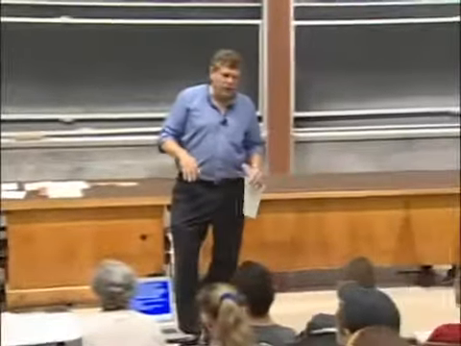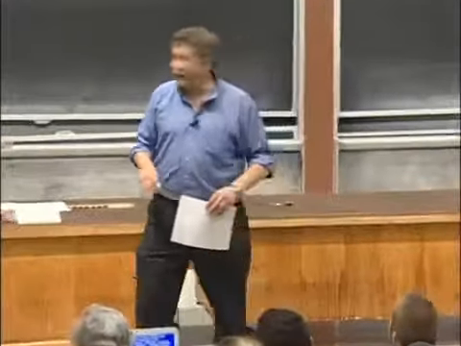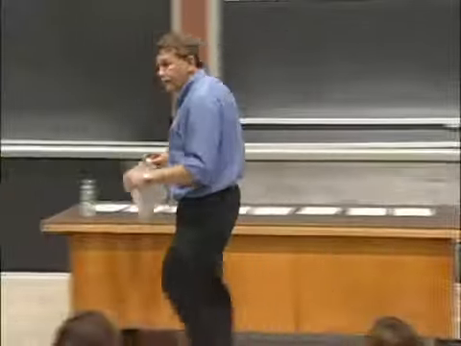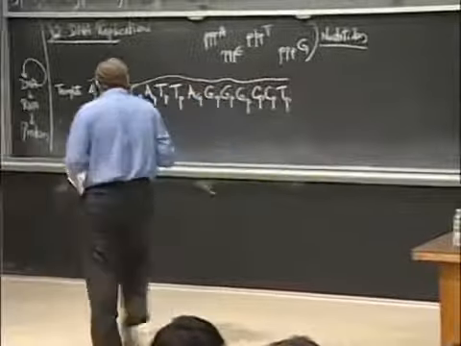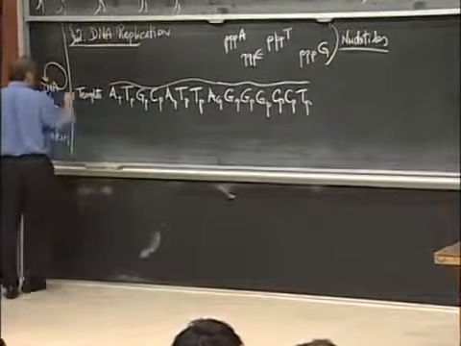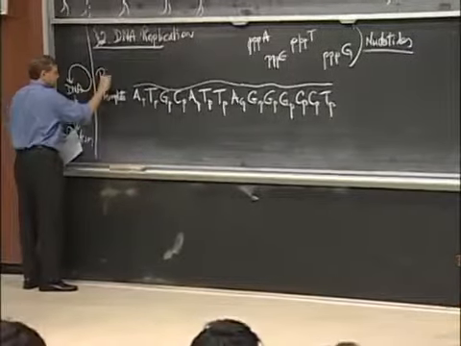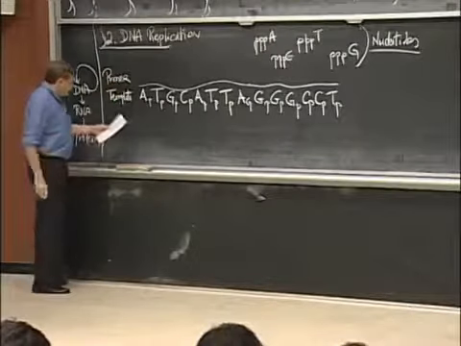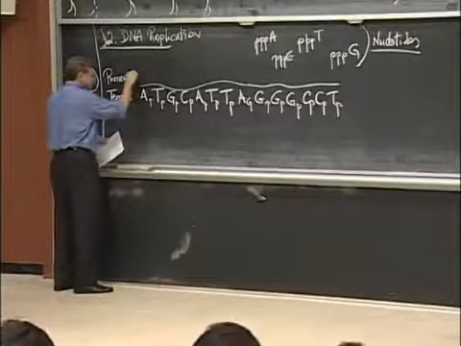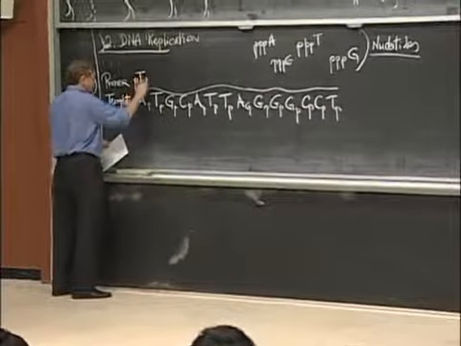Now, it turned out it needed one more thing. And the person who discovered this, Arthur Kornberg, thought of it. It needed a head start. It needed a primer. So the primer goes, let's say, phosphate T, phosphate